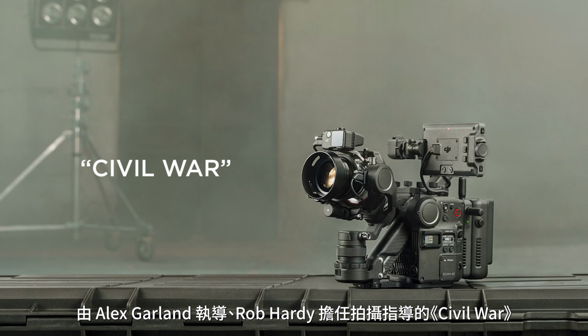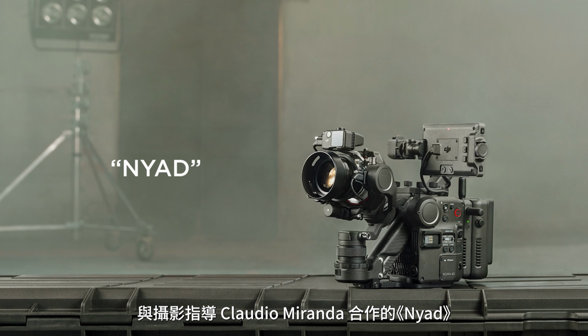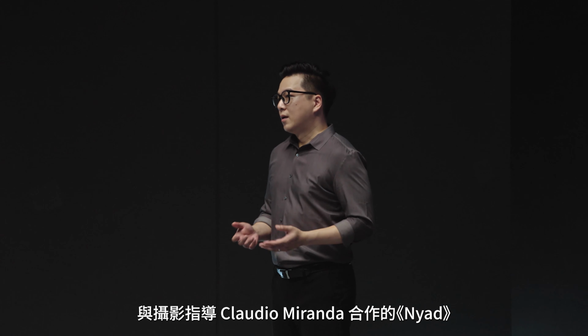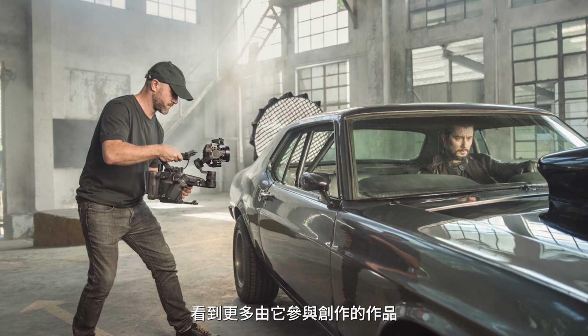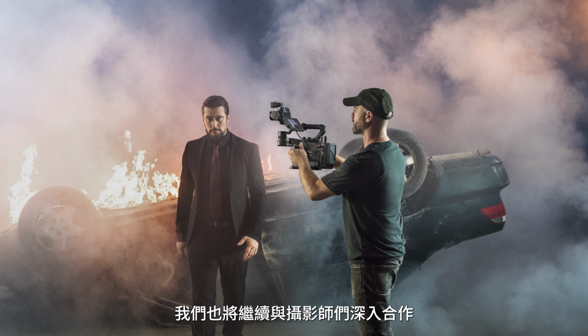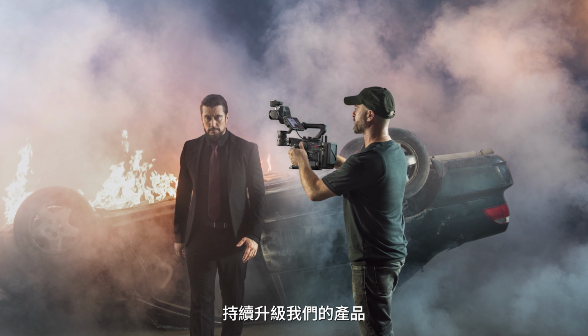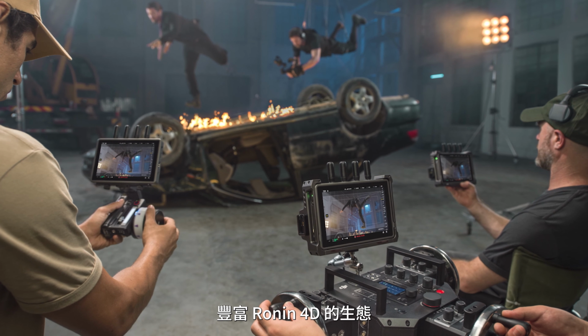Alex Garland, with Rob Hardy as DP, and Naiad by the Oscar-winning directors Elizabeth Chai Vasarhelyi and Jimmy Chin, with Oscar-winning cinematographer Claudio Miranda as a DP. In the future, you will see more productions on the screen shot with Ronin 4D. Building on these successes, we will continue collaborating with industry professionals while enhancing our products to cater to their evolving